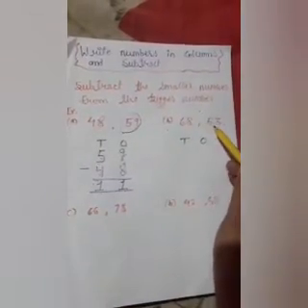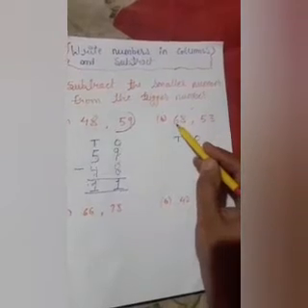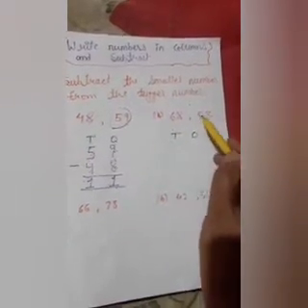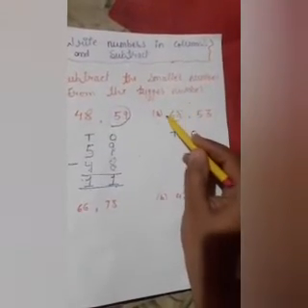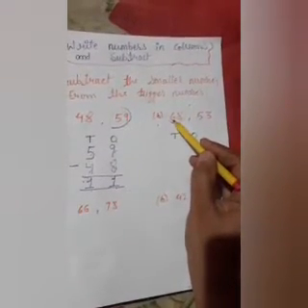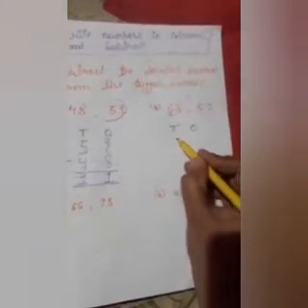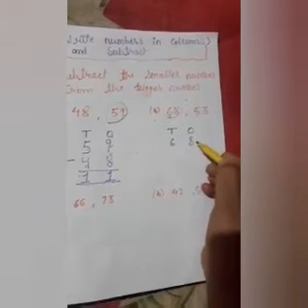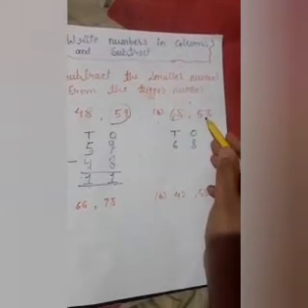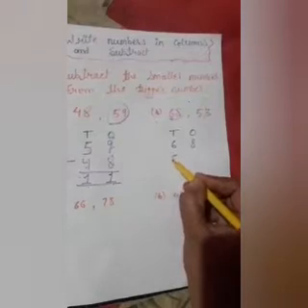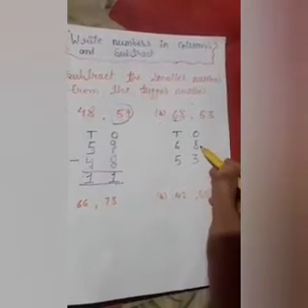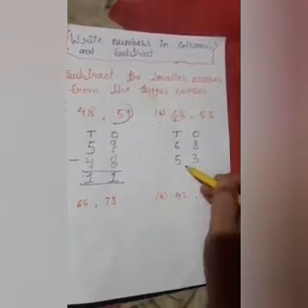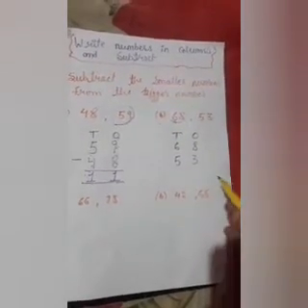We have to take the bigger number. Which is the bigger? Here is a 6 in the tens place and here is a 5 in the tens place. So which is the bigger? 68 is bigger because 6 is the bigger number. We will write 68, 6 in tens place, 8 in ones place. Okay, and now we will write down the smaller number 53. We have written the bigger number on the top and we will write the smaller number 53 down, below the bigger number.